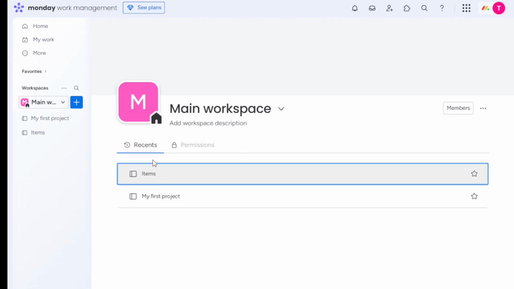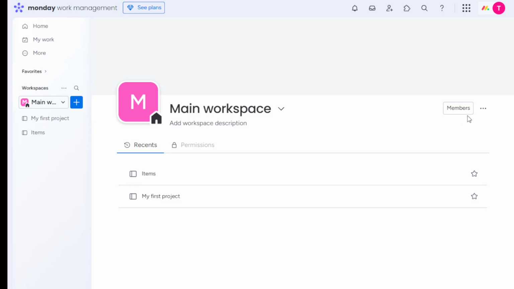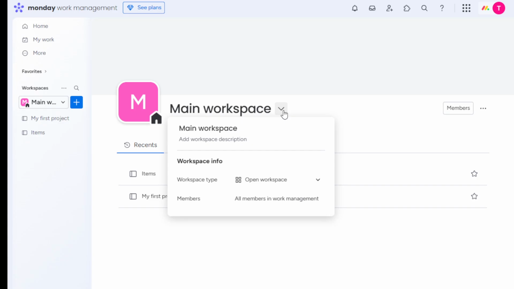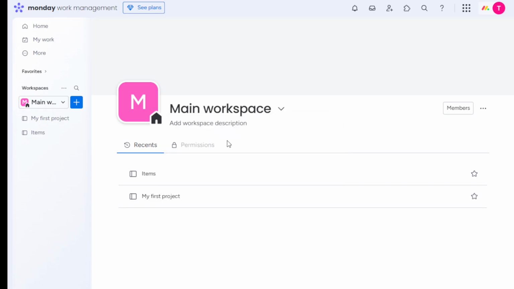Now, with the Manage Workspace menu open, you're ready to make some impactful changes. Within this menu, you have the power to add or remove members, rename your workspace, or adjust settings as necessary. Adding new members can be crucial when scaling your projects or if new team members need